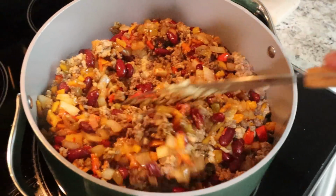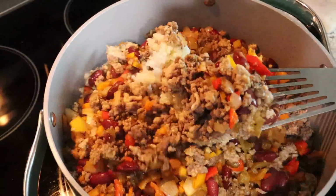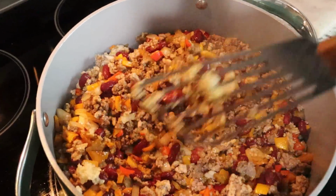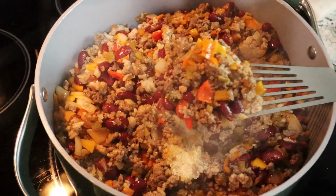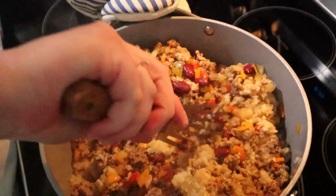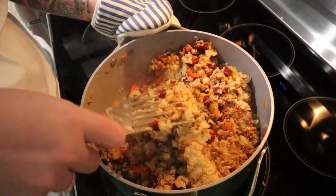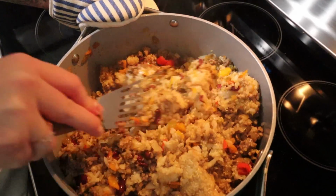I did not film that, I'm so sorry, but we just dumped everything together. Everything was cooked, and you just add everything. So the quinoa, the rice, the meat mixture, the beans, and the veggies. How's it looking? And it's better the next day. Like, it's so good the next day. Yeah, like once everything sits together, like it's...